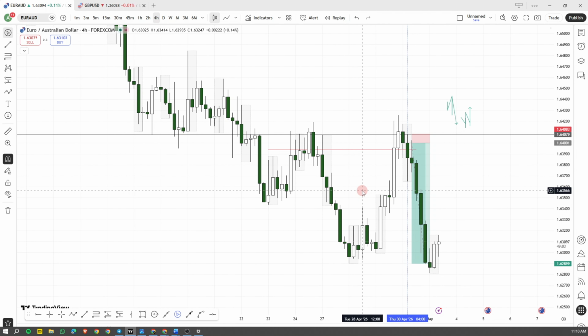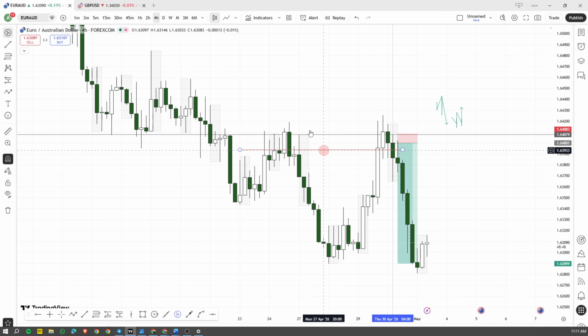So why do I say this is liquidity? We use Asian sessions as liquidity. Asian session is used to build up liquidity. So you can see these are the ones that I've highlighted with a darker gray screen. This is an Asian high, this is an Asian low. So you can see these relatively equal Asian highs. Price came with this 4-hour candle and took those Asian highs,